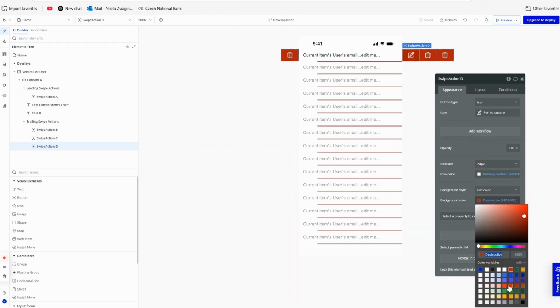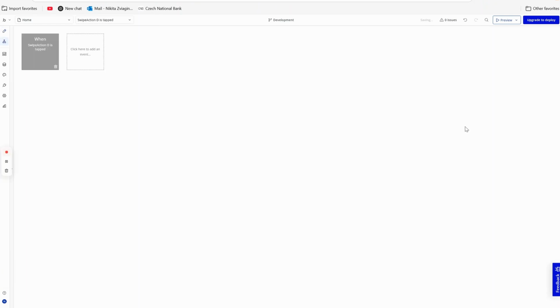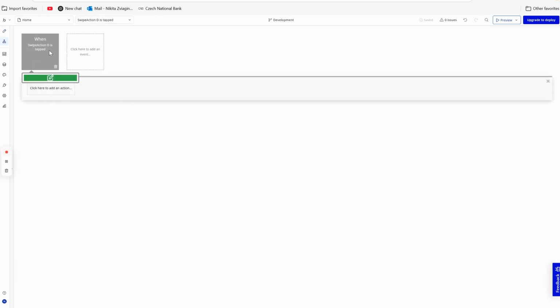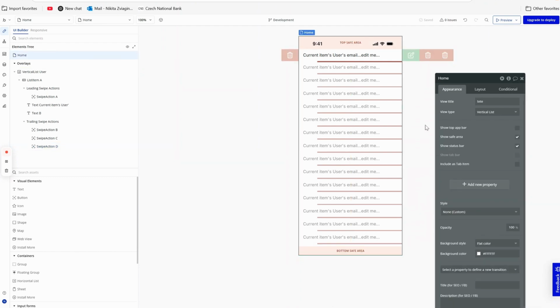We can choose the color, size of the icon, and so on. And we would add a workflow like on any other Bubble application. So we would click, and on the swipe action, tapped swipe button, we would modify it. We would open, for example, a sheet like I showed before, where a user can edit information about another